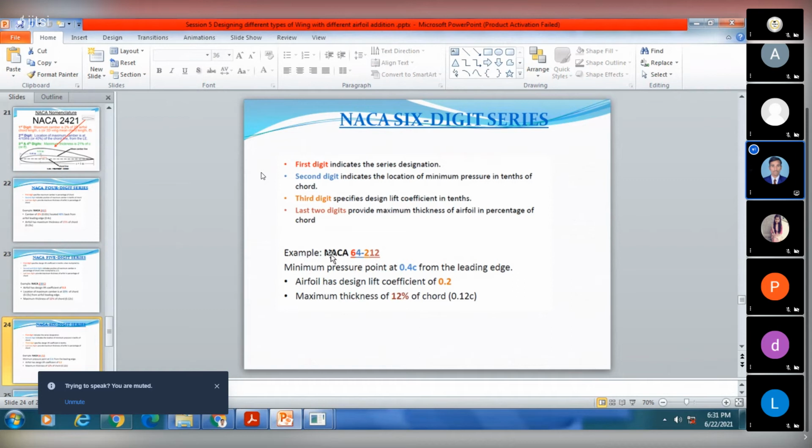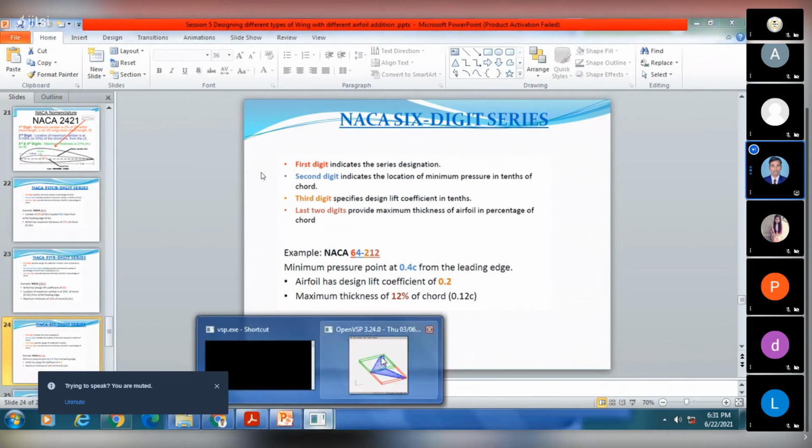So here we have NACA 64212. The minimum pressure point for this case is 0.4 C from the leading edge, and this aerofoil has a design lift coefficient of 0.2, and the last 2 digits are the thickness to chord ratio.